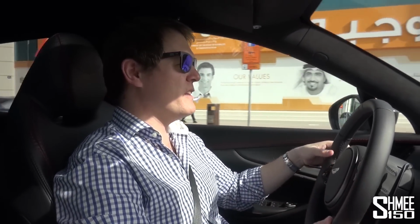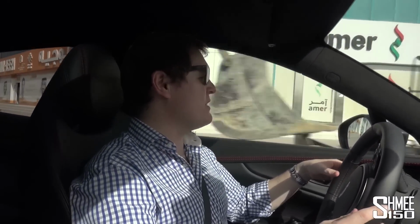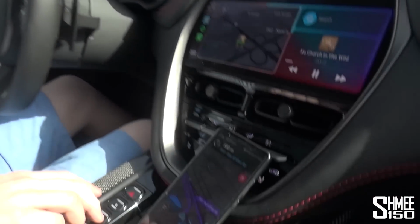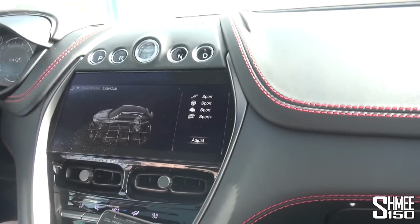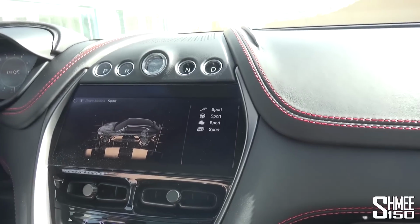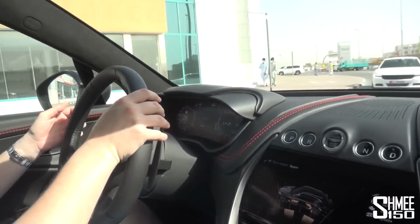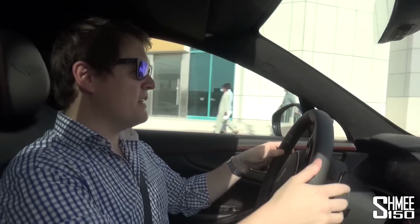Then you have the GT mode that we're driving in at the moment. We're in automatic on the gearbox. It's smooth, it's easy, it's a very comfortable thing to drive, he says, just being sure that we're not going to run into some of the construction that's happening out here. We've got our mode selectors to go into Sport, or well, via Individual up into Sport, and then even into Sport Plus. Then of course you can manually downshift, and you hear a little bit of the noise. Yes, like in AMGs, a small amount of it is piped in through the speakers, and this has definitely all